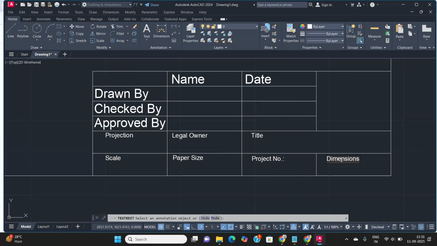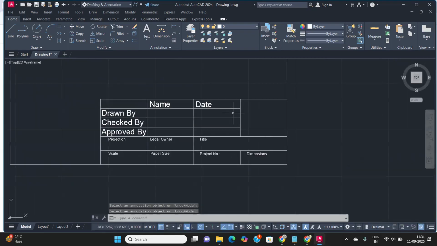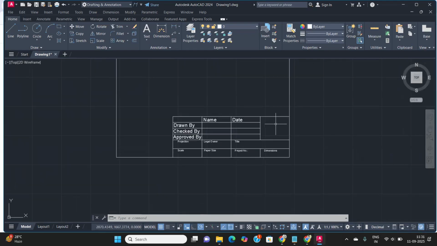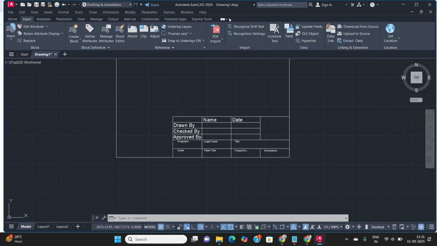Dimensions, okay, which type of dimension, I mean just whatever you want to create. To those parts, this is your way. And then one thing I want to write inside this part, I want to show an image. For the image purpose, for the image insert, we have the insert option. Inside the insert option, we have